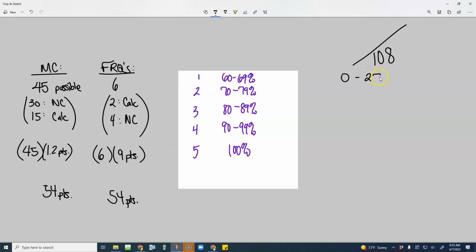0 to 27. And right now, in your calculator, do 27 out of 108. That would be in the 1 category. Someone get me really quick, what's 27 divided by 108? Ask Siri, you type it in. Oh, 25%. Okay, so if you have between 0 and 25%, they're like, okay, that's a